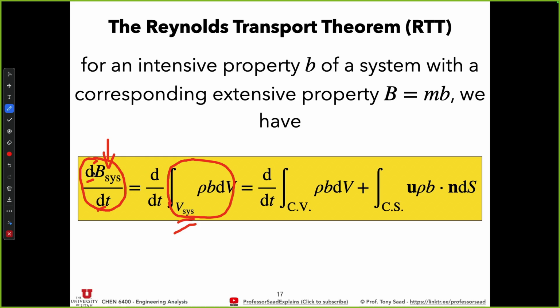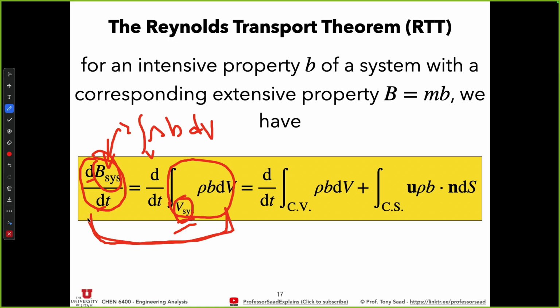I just moved capital B system. This is equal to the integral of rho b dV. That's what we just derived in the previous slide, over any volume, could be a system volume or a control volume, doesn't matter. But here we're doing it for a system volume. So those two things are kind of obvious. And this is now what the Reynolds theorem